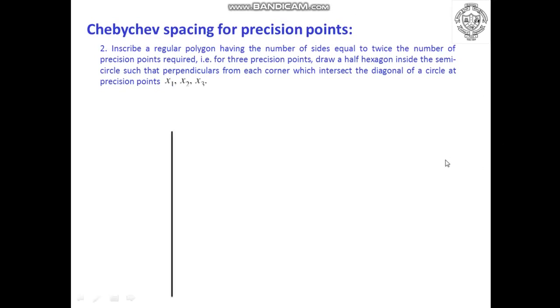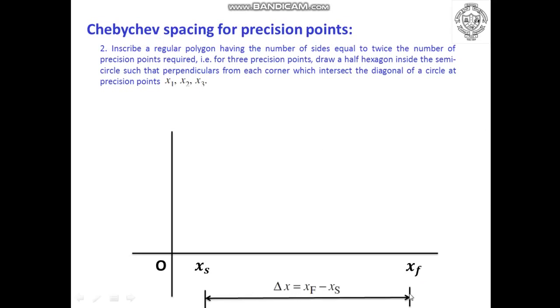So now let us try to visualize this particular step using graphics. Let us consider the xy plane with the origin O. As we have already studied, xs is the starting point of displacement of input crank, and xf is the finishing point. This distance will be considered as the diameter of the circle, which is del x, which is nothing but the range of x. We have drawn a semicircle with the corresponding diameter.